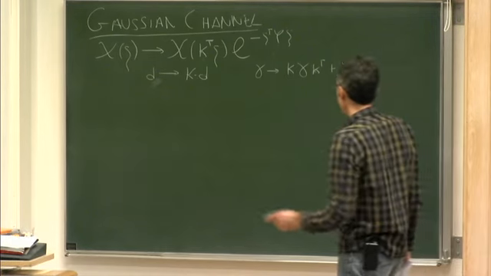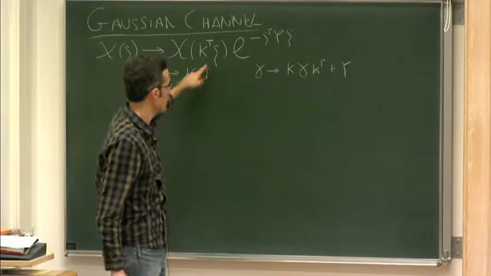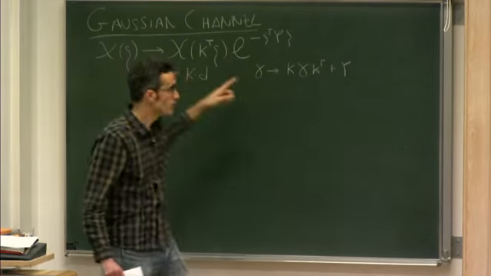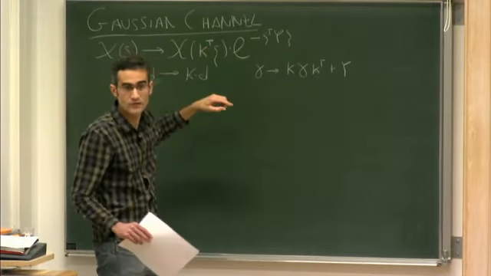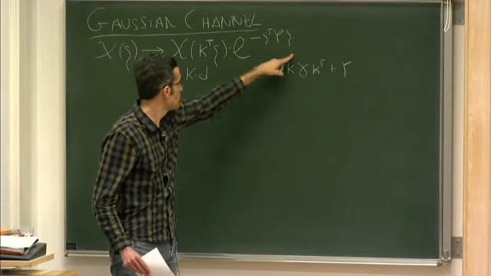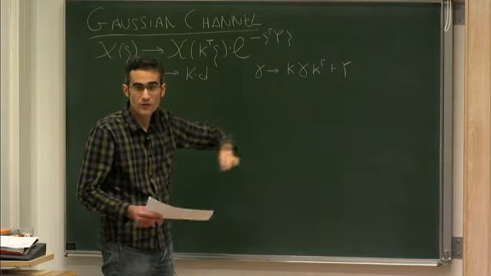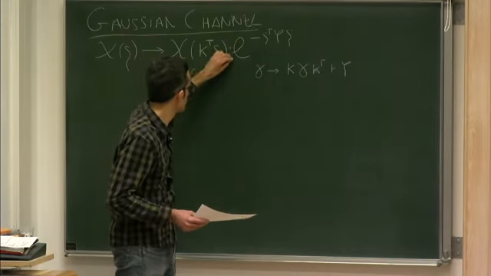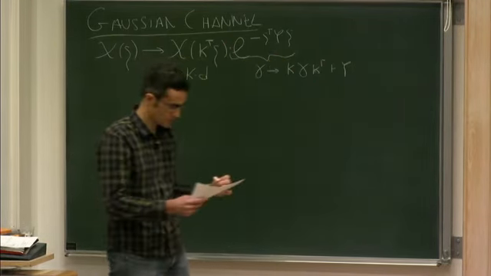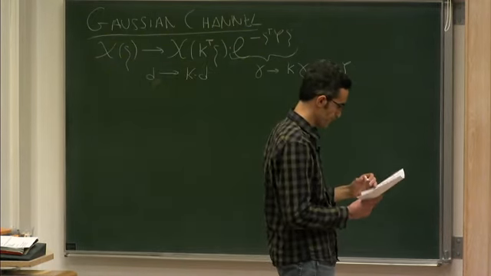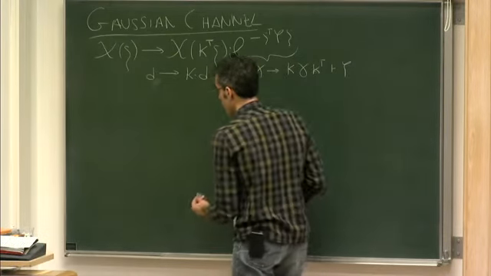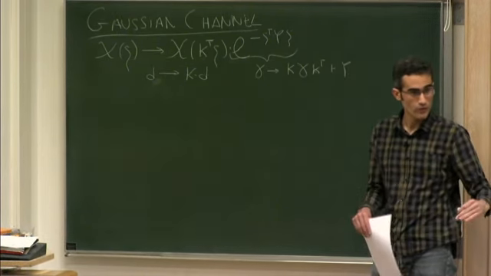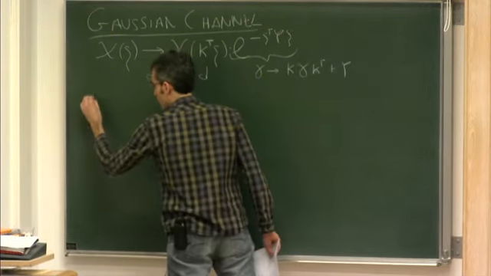A way of seeing also why this Y is some noise is because, as I said, the Wigner function is the Fourier transform of the characteristic function. So if you do the Fourier transform of this, because this is a product, you get some kind of convolution. So this term here is just some noise you are adding to your system through this convolution. Okay. So this is the effect of some Gaussian noise. So the channels we are interested in, well, the ones for which we prove the result, are what we call phase invariant.